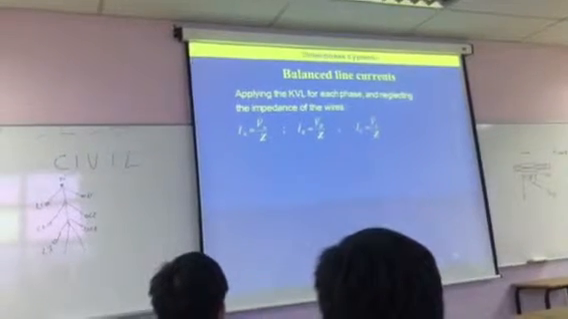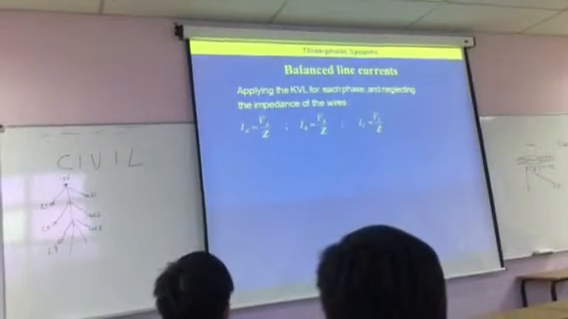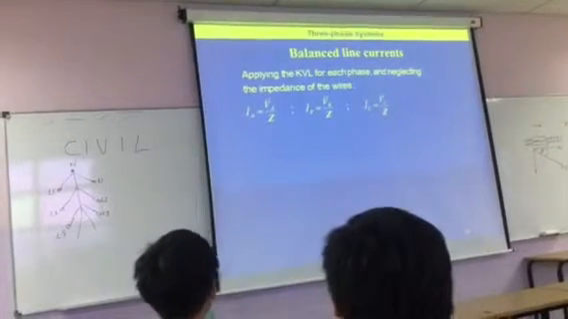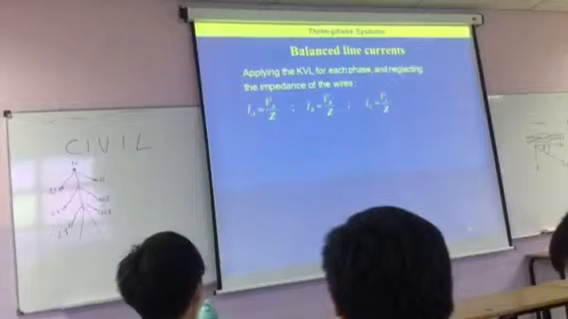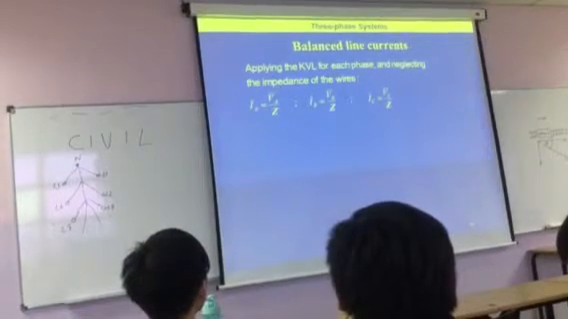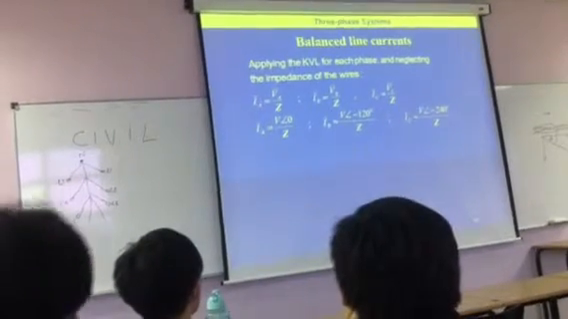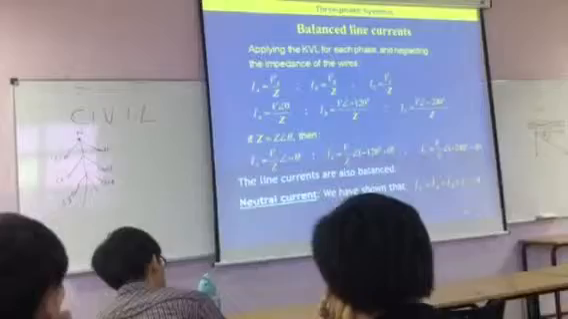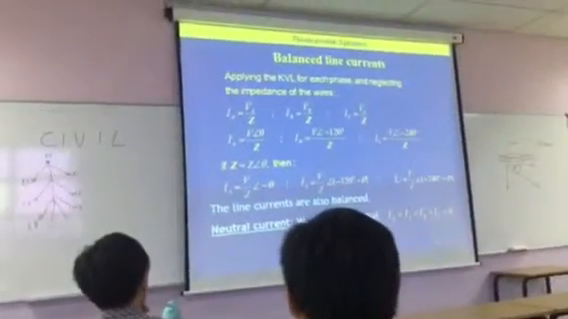Just quickly to look at the line currents. Those were the line voltages. If we consider the line currents, again using Kirchhoff's law for each phase and neglecting the impedance of the wires, assuming it's going to be 0, what we get is balanced line currents as well. So what we're saying